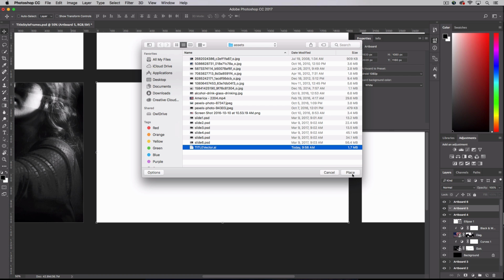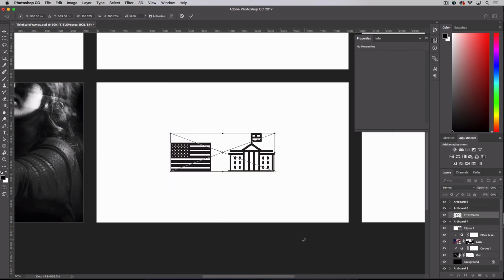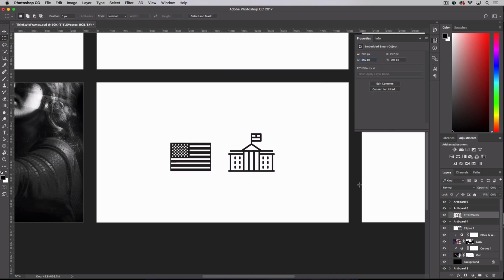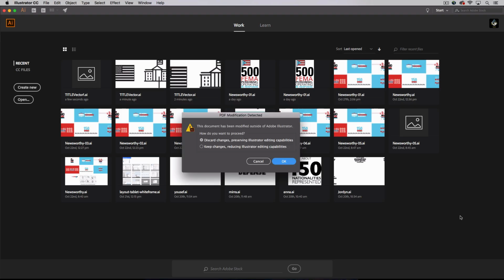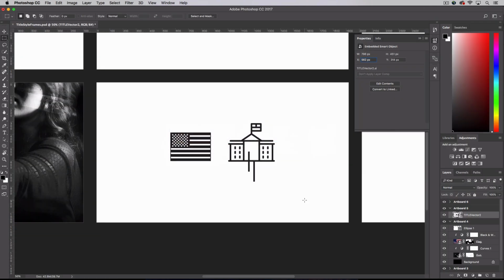Select my Illustrator file and place it, and hit OK. And now we have our Illustrator file in Photoshop, and it's placed it as a smart object, which is really awesome. So anytime I double click that smart object, it actually will open in Illustrator. Then any changes that I tweak and I make, so let's say I adjust the columns and make it a real mess, if I save it, when I jump back to Photoshop, it automatically updates it in the Photoshop file